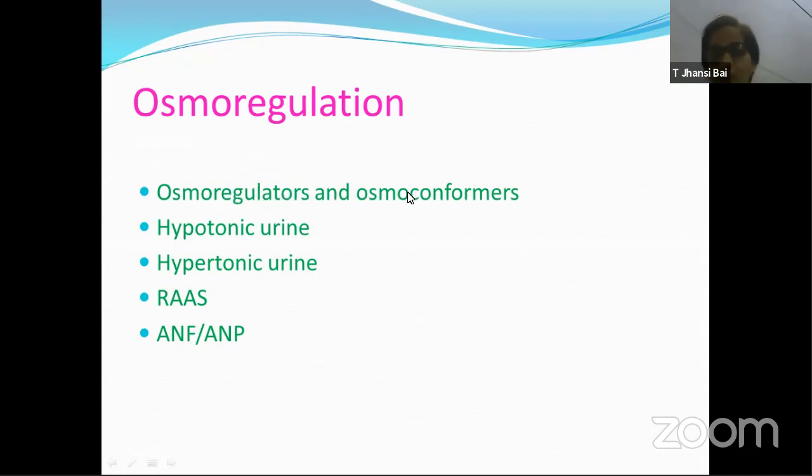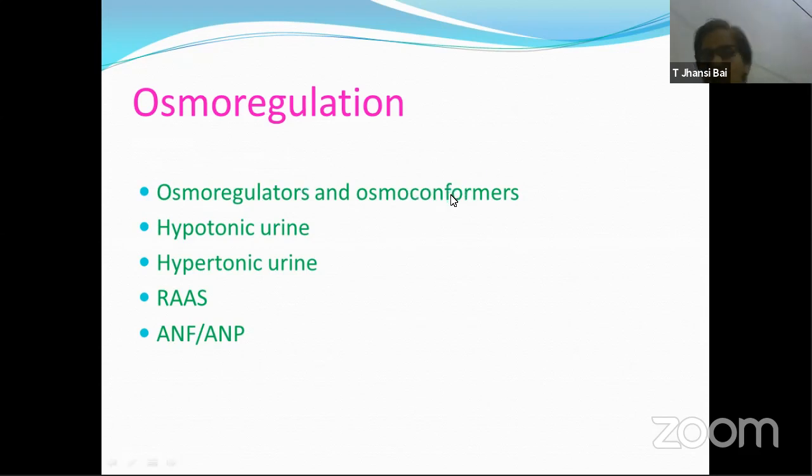When we are talking about osmoconformers, most of the invertebrates, marine invertebrates, are of this category. If you take them and put them in any environment, according to the concentration of the environment, their body environment inside also changes. That means the concentration also changes. Suppose the outside concentration is very high, they try to take more solute from outside. If the outside concentration is less, from their body they try to lose solute so that their body concentration will be on par with the environment. So they are called osmoconformers.